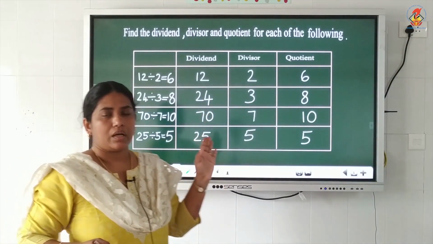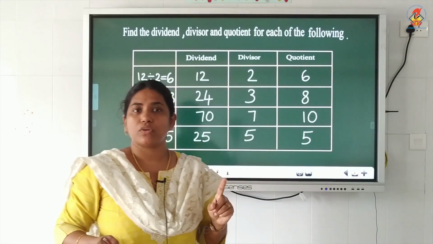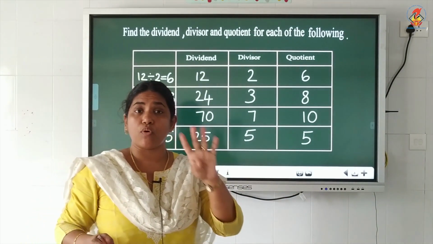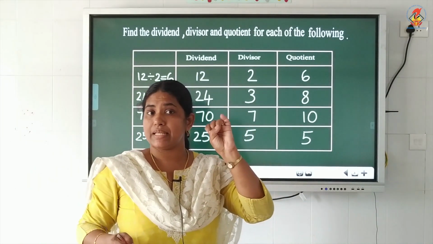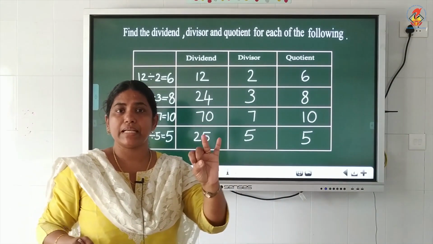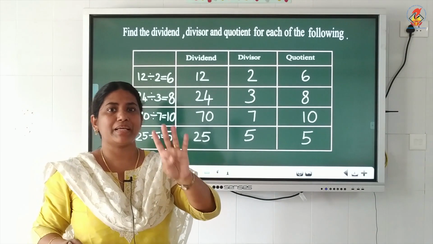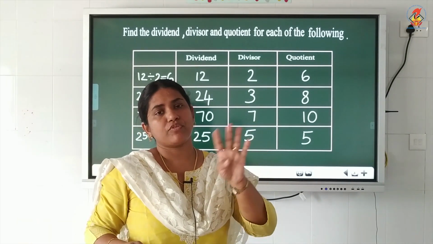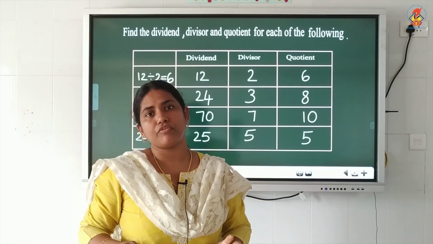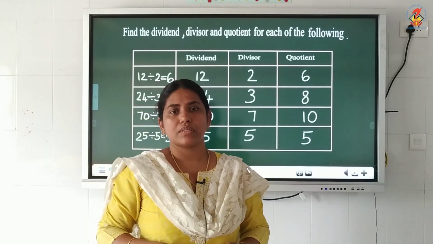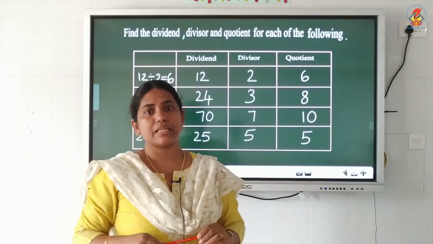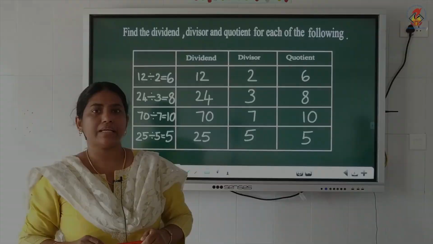Okay. So, I hope all of you understood well. Today's topic was terms of division. We studied 4 terms of division. The first one is dividend, next one is divisor and the answer is quotient, and the fourth term is remainder. These 4 terms are called the terms of division. Okay, children. So, study well, practice this type of questions in your rough book also. We will see you in the next class.